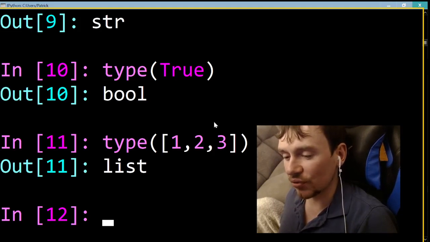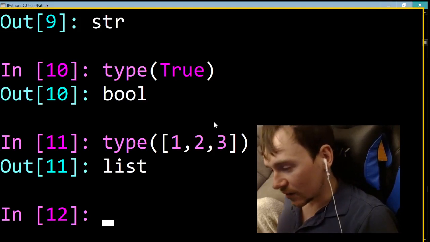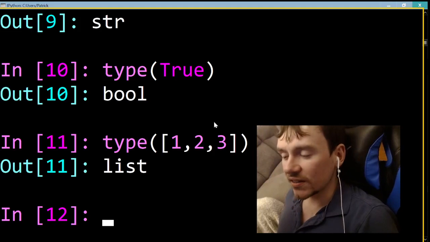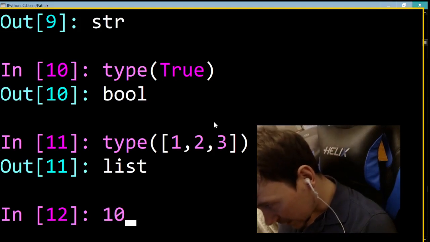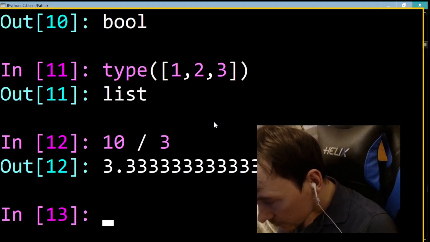If you do certain kinds of division, where do you cut off decimals? So if you do, for example, 10 divided by 3. Out [12]: